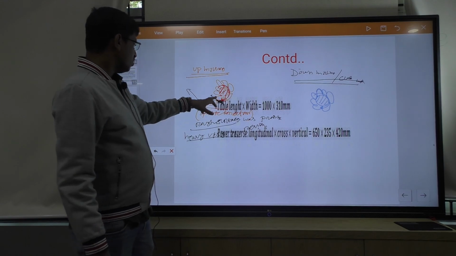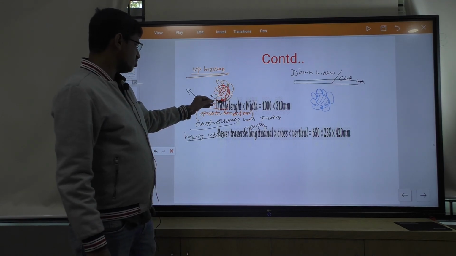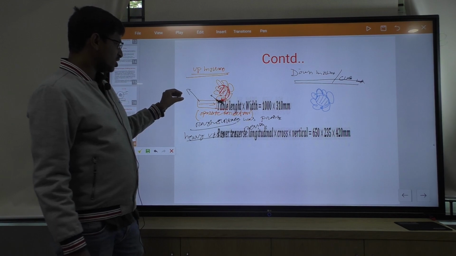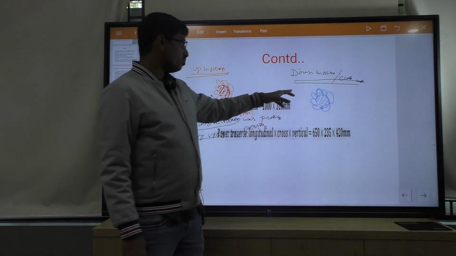But in up milling, the feeding direction of the workpiece and the cutter direction are opposite. But in down milling or climb milling,